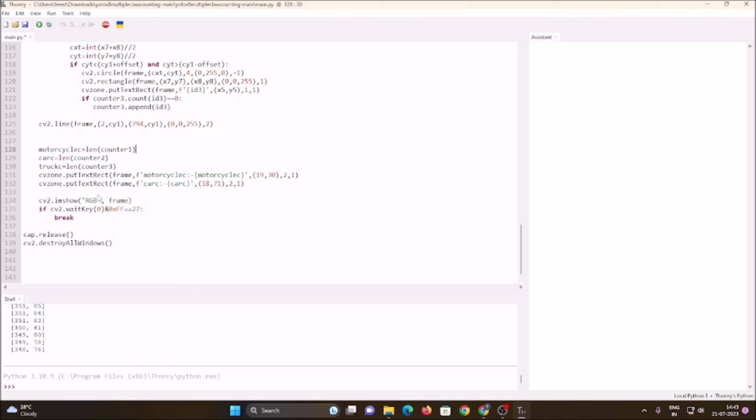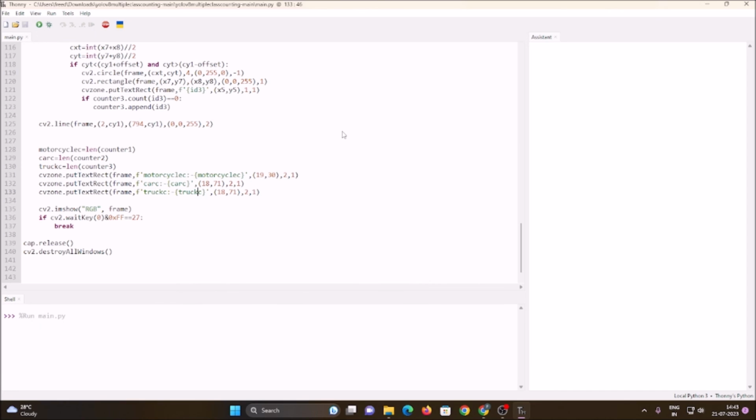Okay, so same way, just copy it, and then we only are going to change the coordinates where we want to put the text. Okay, and here the car C will become truck C, and here also truck C. Okay, so if I save the code, if I run the code,